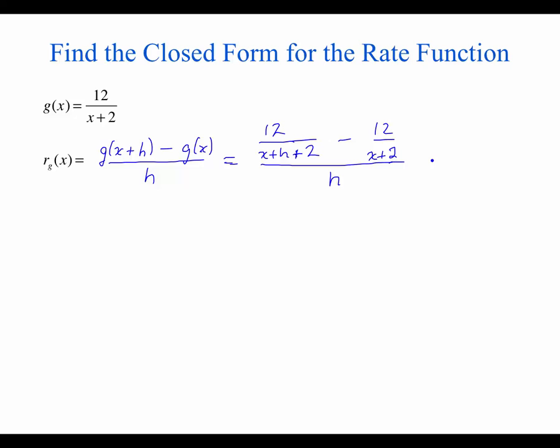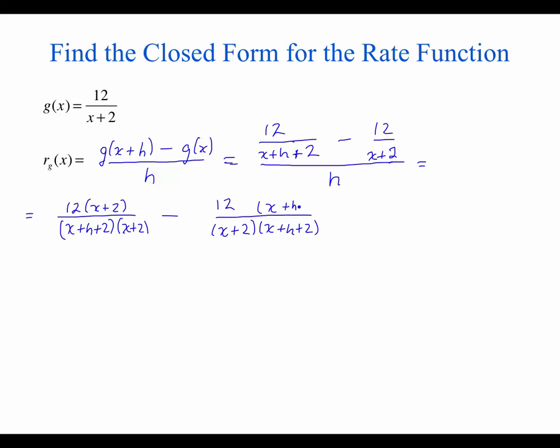Okay, so we can't do anything with the denominator. H is just h. So we got to do something with the numerator. So we got to subtract these fractions. That means to subtract fractions we need a common denominator. All right, so here we go. The common denominator will be the product of the two denominators. There's no common factors to those, so we got to multiply them together. That's our common denominator. So making the common denominator here will be multiplying by x plus 2, so it'll be 12 times x plus 2 all over x plus h plus 2 times x plus 2, minus 12 over x plus 2. This one's times x plus h plus 2, top and bottom. And that whole thing is,